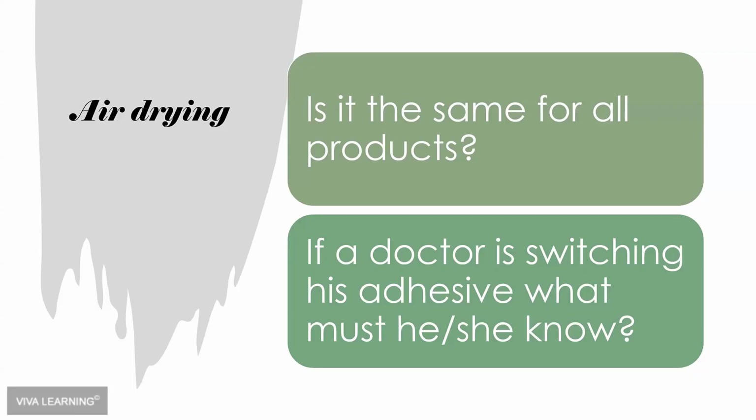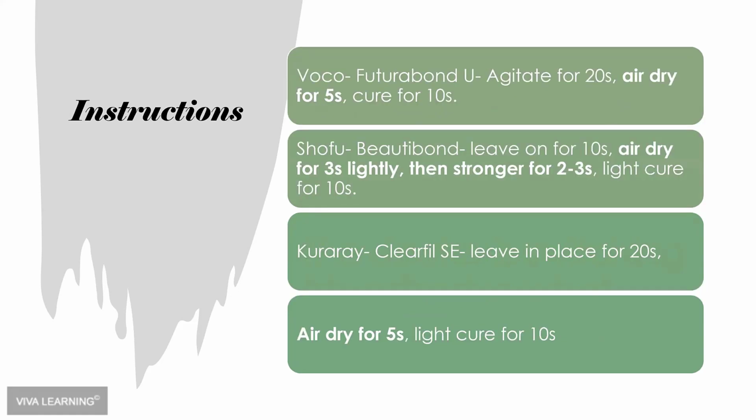First of all, air drying the adhesive. Is it the same for all products? If a doctor is switching his or her adhesive, what must he or she know? Well, you need to follow instructions, because let me show you 4 different adhesives. These are all adhesives. They all serve the same purpose. Voco is Futurabond